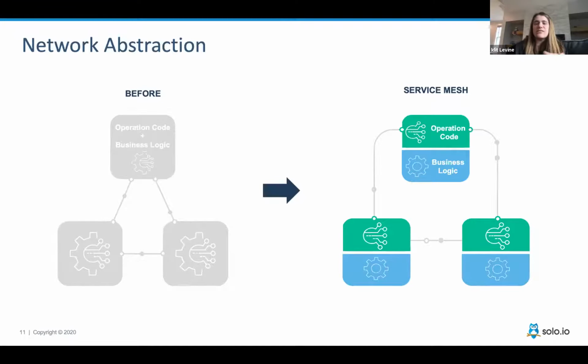So that's exactly what Service Mesh is trying to solve. In a nutshell, if I need to show one slide saying what is Service Mesh, that's that slide, right? What it's basically saying is that we abstract the network. We took everything related to operation out of the business logic of the microservices and put it into the sidecar that you can configure in a declarative way. So you don't need to redeploy the business logic if you want to change something in the operation.